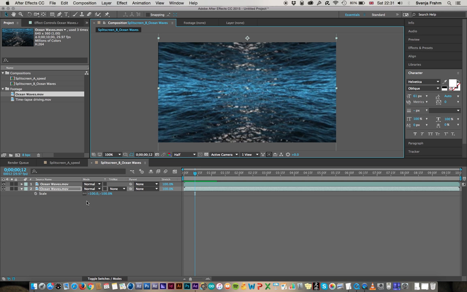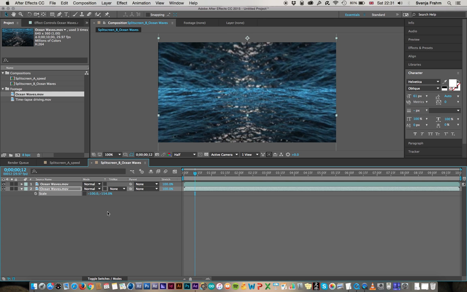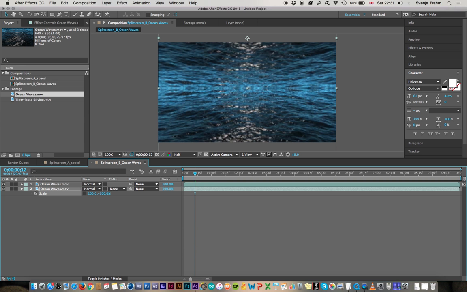So the way to do that, you can see that in front we have this tiny little lock, which when you hover over it says constrain proportions, and we just want to uncheck that, and that way I can manipulate one dimension over the other. And I'm just going to set the X value back to 100. So now we have a perfect mirror image